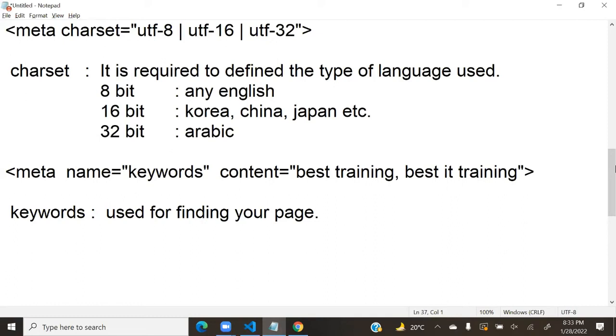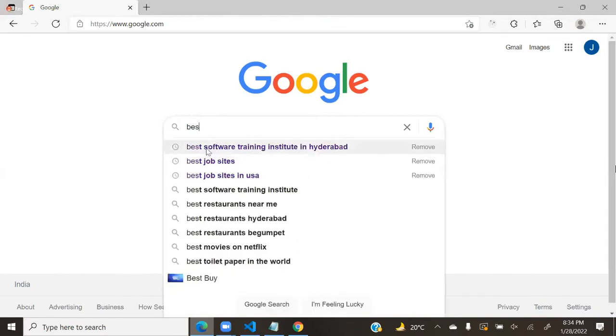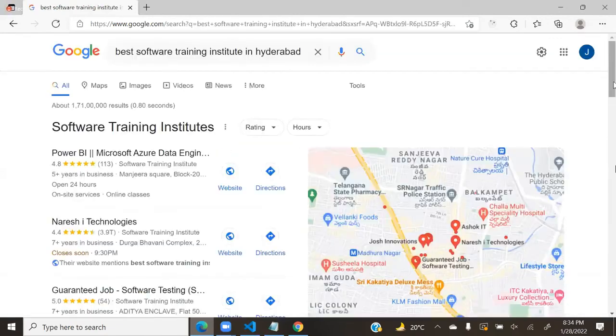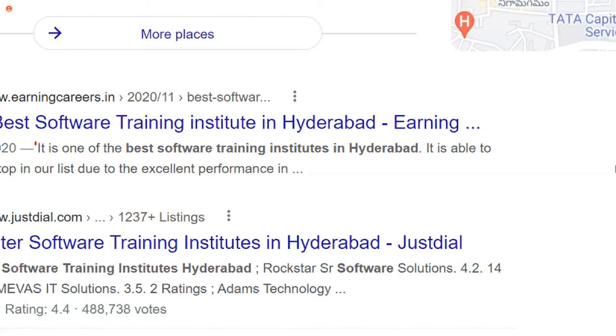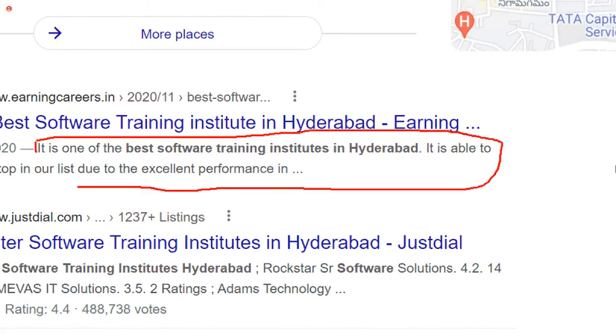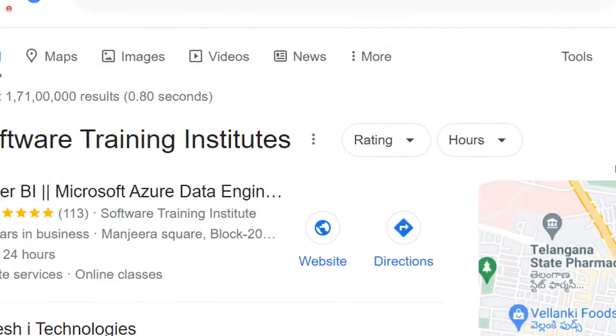Okay, your page is found. After finding the page, it is displayed in results. Observe in the search results: I say Google, and here I said best software training institute in Hyderabad, and some results came. In the results, you can observe for every result they have given a 2-line summary. Understood? For every result they have given a 2-line summary, and very important, you should know that robots have taken only this much time to search.